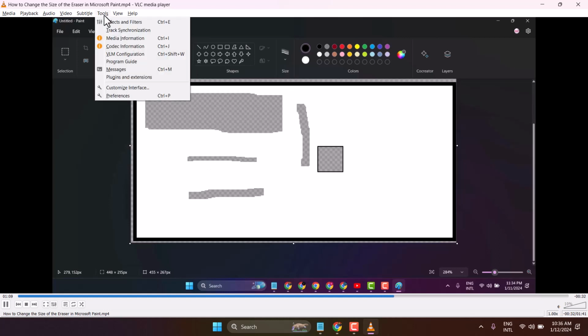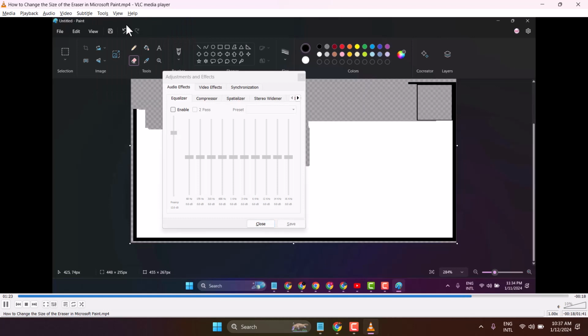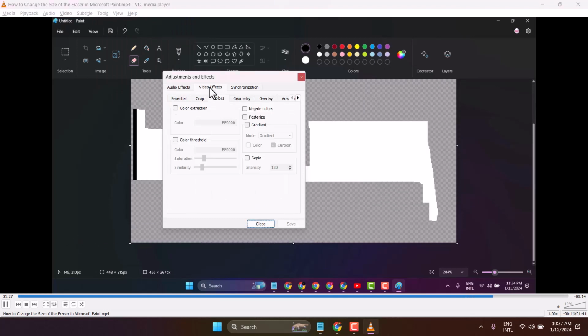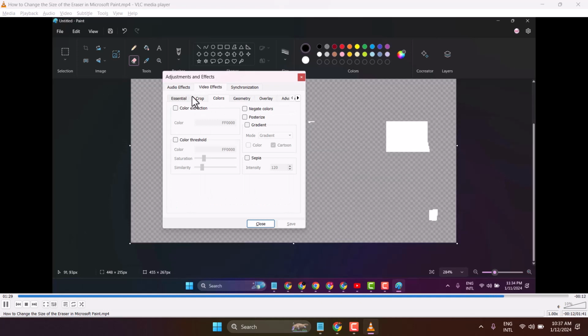So click on Tools, then click on Effects and Filters. You can use this shortcut Control E. Now here click on Video Effects, then click on Colors,